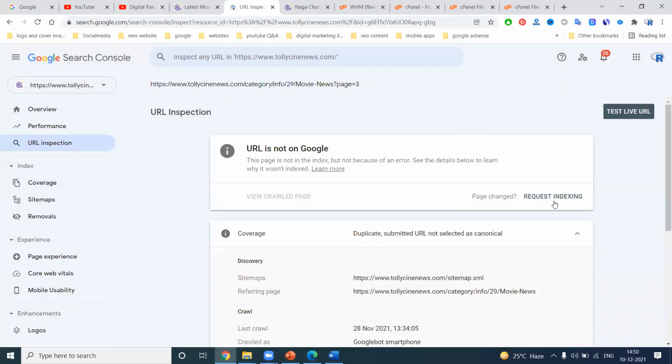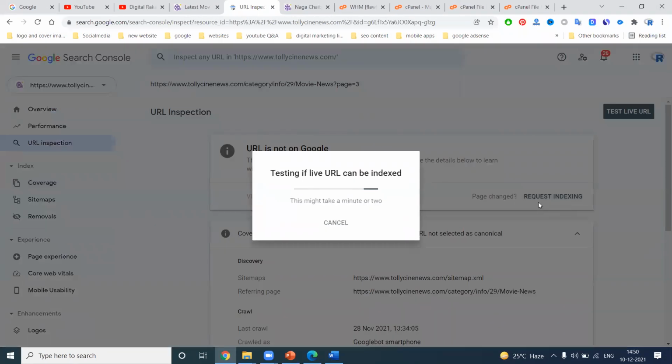Google Search Console mainly focuses on the indexing of each and every URL, each and every page. For the indexing method, it follows the customers, what the queries are, what the errors are, what the reports are. Everything is resolved by this option called Google Search Console. So any PHP or HTML website follows the same steps: download the HTML file, upload it to cPanel. WordPress is also the same procedure.